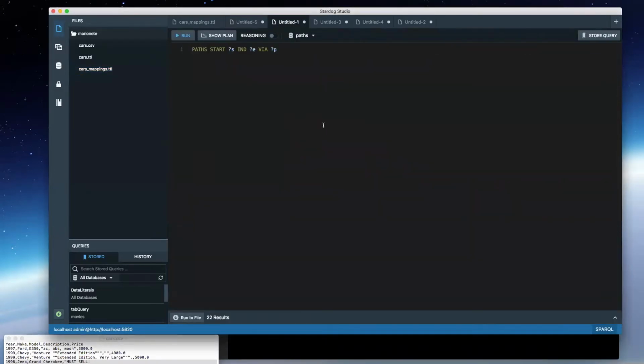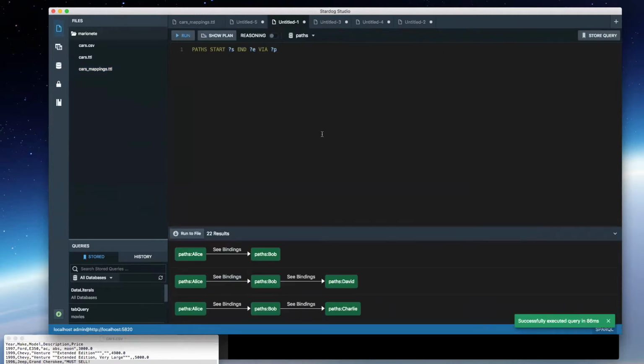Okay, so let's head back here and we'll go to our very simplest path query. This is the bare minimum of what you need to get things to work. So you say paths, start, give it a start variable, end, give it an end variable, and then via. And that's where you would give either the predicate or some way of binding S and E together. So when I run this, I will get,